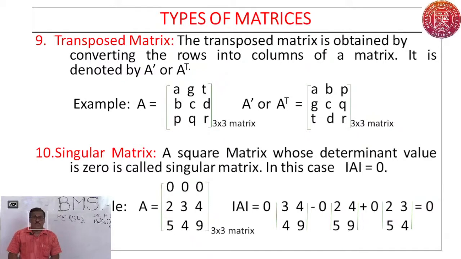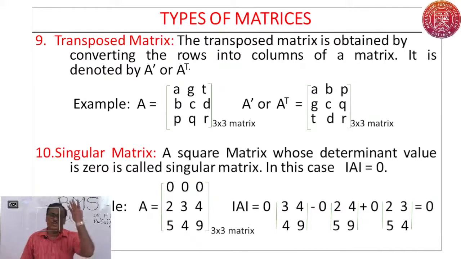Now, this is the second order of determinant, the determinant of order 2. We have to discuss the determinant of order 2 and the determinant of order 3. So what is a determinant of order 2? If there are 2 rows and 2 columns, that is a determinant of order 2. If the number of rows is 3 and columns also 3, that is a determinant of order 3. So in the case of a determinant of order 2, how do we find it?